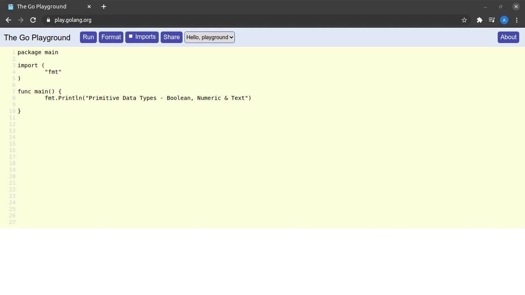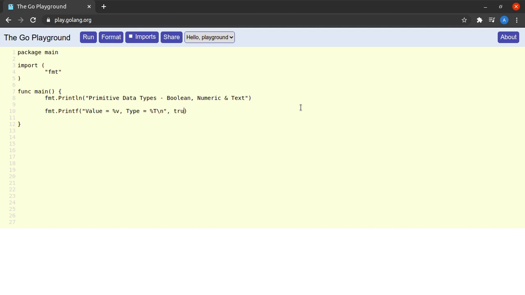Let us see a print statement which prints a value as well as its type. So if I go to the editor and say fmt.Printf and then I say value is equal to %v, comma, type is equal to %T, and then I give a new line.